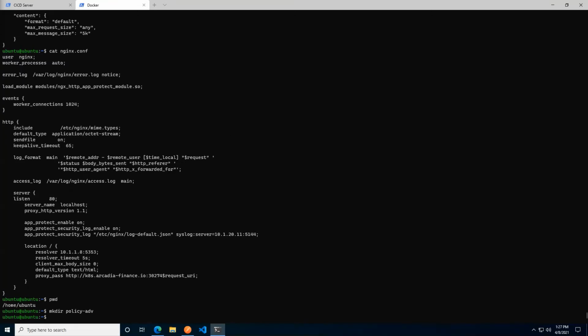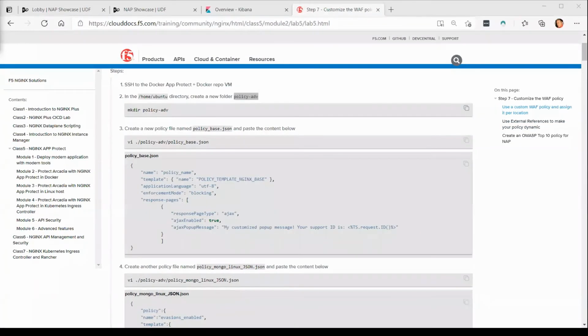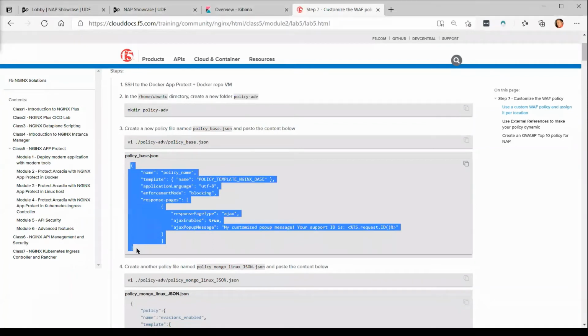Now the lab guide states that we should now create a policy with this content. I'm just going to copy that ahead of time, like so. And we're going to use a Linux-based text editor called VI to create that policy. For those of you that are well familiar with Linux and VI and whatnot, just go ahead and do exactly that.